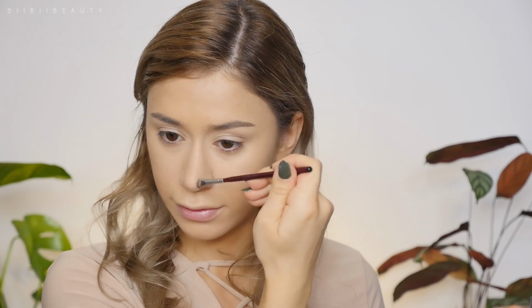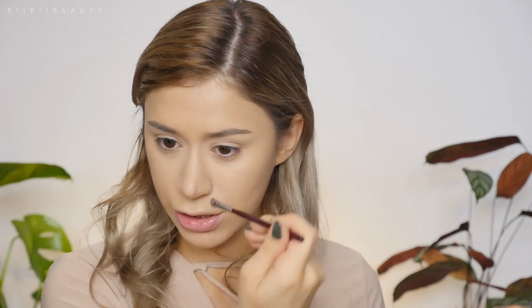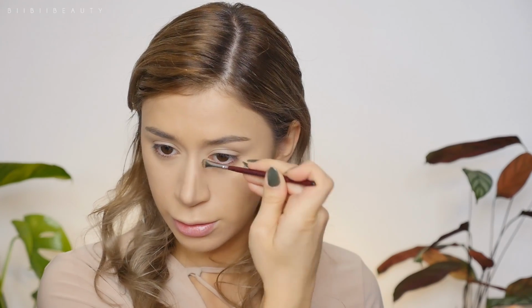So I have a new way that I like to contour my nose. I just focus really on the tip just to add that definition there. And then I like to square it off at the tip, right at the bottom. This makes your nose look shorter. So if you feel like you want a shorter nose, you can just cut it off right there. And then just slowly pull it up, following my natural nose bridge. So just pulling up